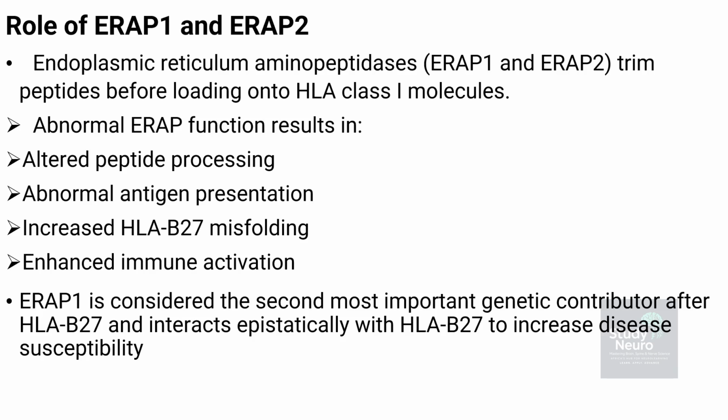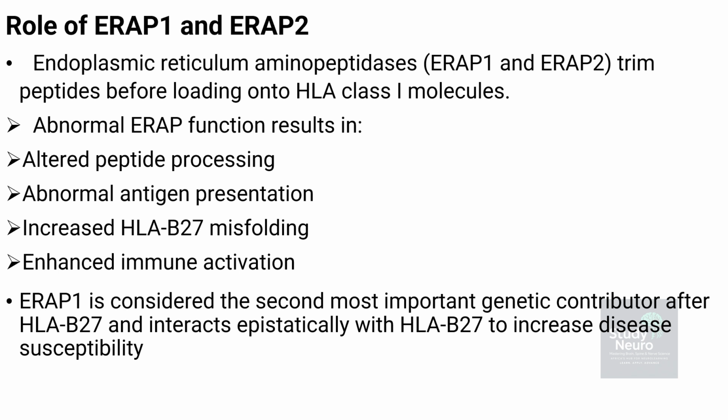ARAP1 and ARAP2 are enzymes found inside the endoplasmic reticulum, where they prepare protein fragments before these fragments are placed onto HLA class I molecules for recognition by the immune system. This step is very important. When these enzymes do not work as they should, the protein fragments are processed differently, which changes how they are presented to immune cells, encourages misfolding of human leukocyte antigen B27, and can drive a stronger immune response that makes